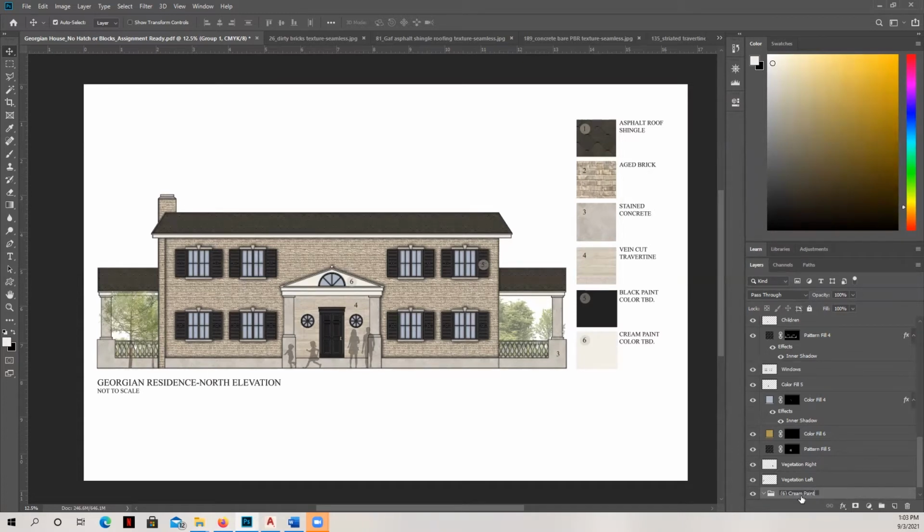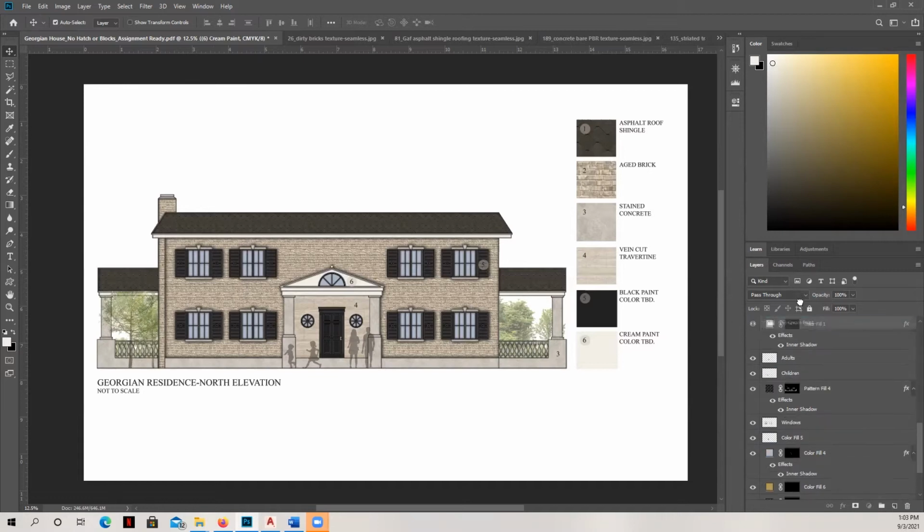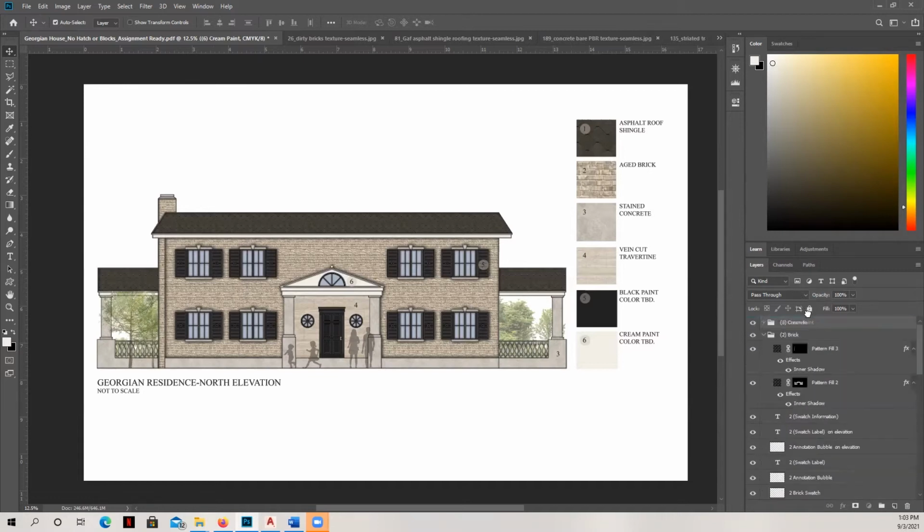You can see here I'm labeling it 6 cream paint, and that coordinates with this 6. Once I have that set up, then I can move this up to the top. This is just a folder. It's not really related to the layers yet.